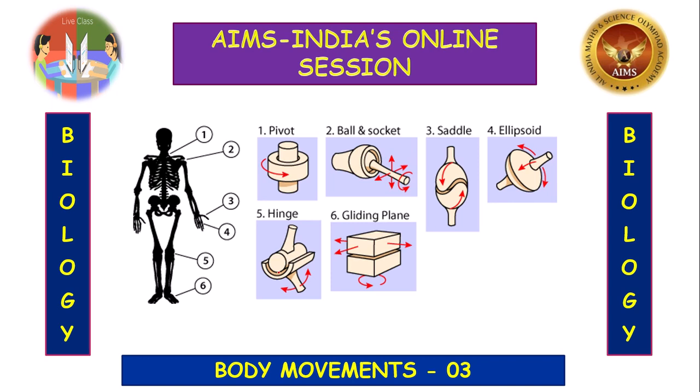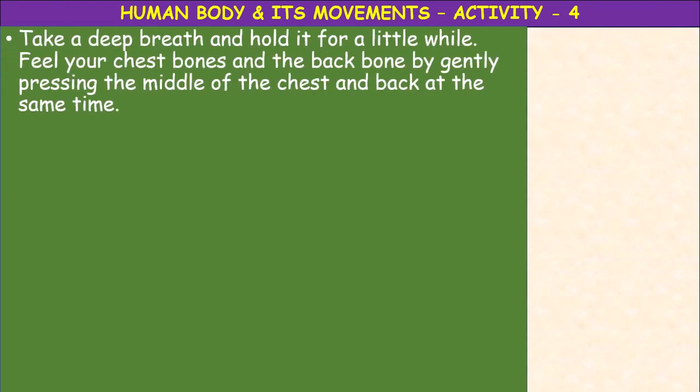Then you see here how to prepare a ball and socket joint. Activity we have done. Then preparation of hinge joint also we have done. So here the movement is only forth and back, only in one direction, whereas in ball and socket joint the movement is in almost all directions, in many directions. Okay, so let us study more about these joints. Start with activity 4.